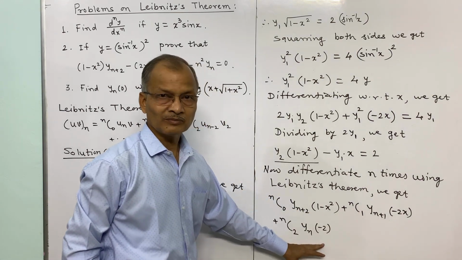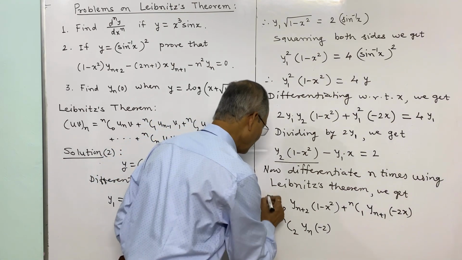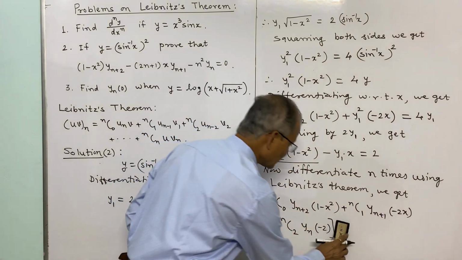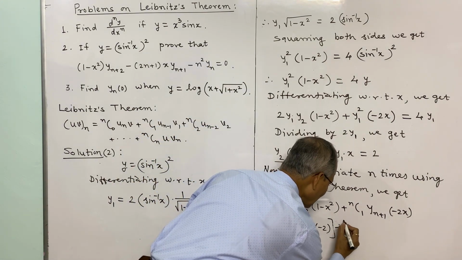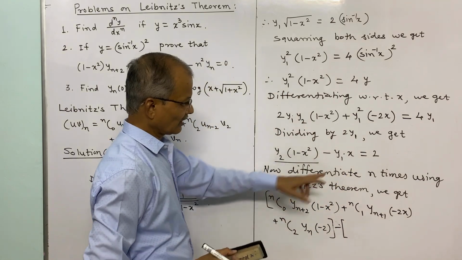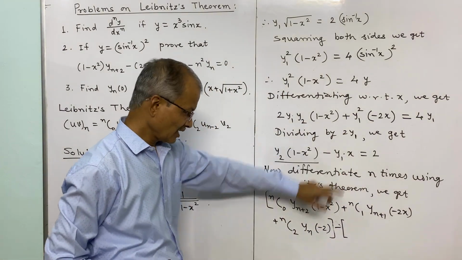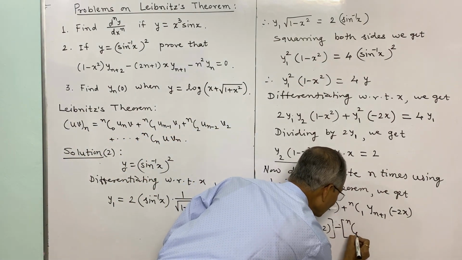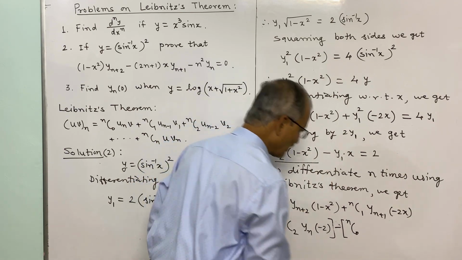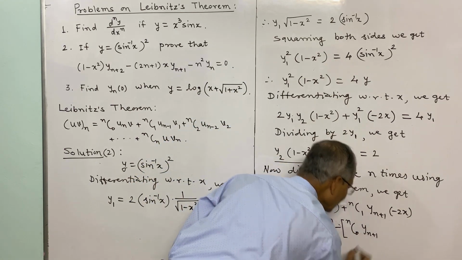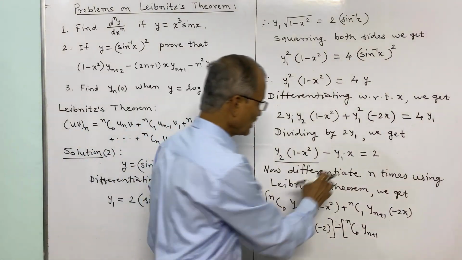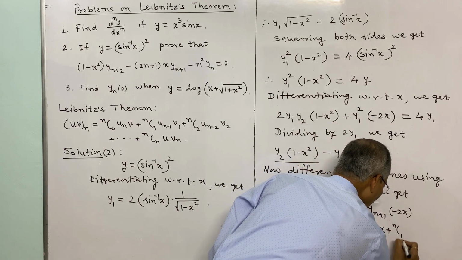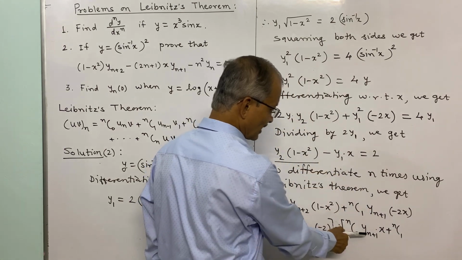So further terms will become 0, and thus this much is the derivative of the first term, plus. Now it is not plus but minus. Now we have to write the derivative of the second term, that is y1 into x, and that derivative I shall write again in bracket. It will be n choose 0, the nth derivative of y1, that will be the n plus 1th derivative of y, and no derivative of x, second, that is as it is x, plus n choose 1, nC1, n minus, or